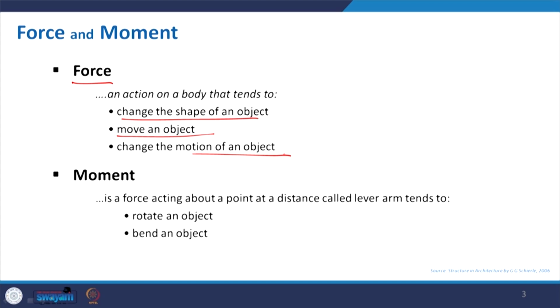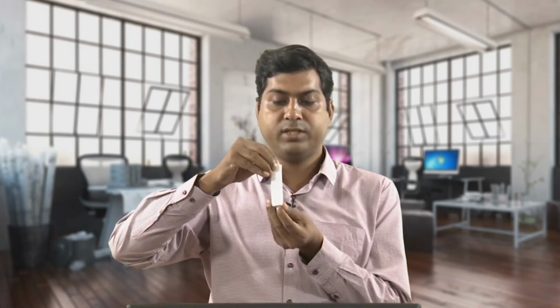The first one, the change of the shape of an object. Here I have a piece of thermocol. Now this is in a free state, and I want to put a force. You can see how it is going to change the shape. If I put it in a column position, you can see the size of the thermocol is getting reduced, and sometimes if the force is not really equal and opposite in direction, it will also give a bend. So it may be a permanent deformation, or it may